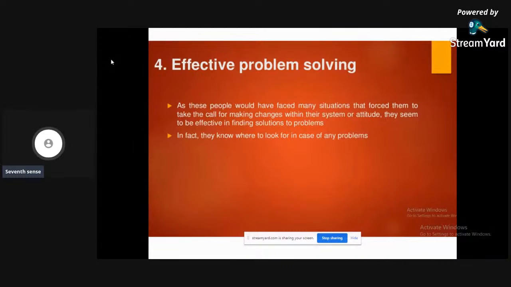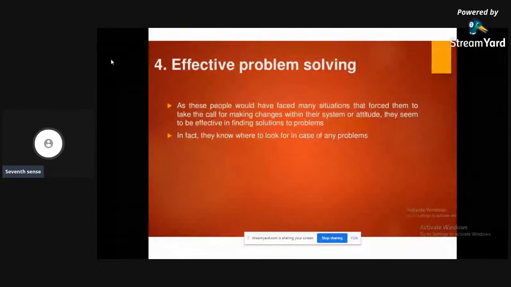When you are adaptable, you will know problem solving methods. In case of any problems, you will know where to look, what the source is, and sometimes how to prevent such bad situations.